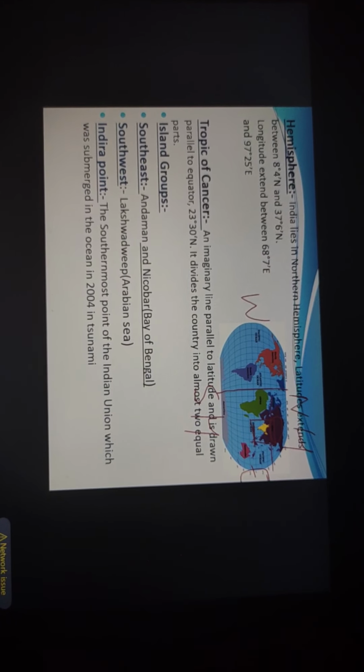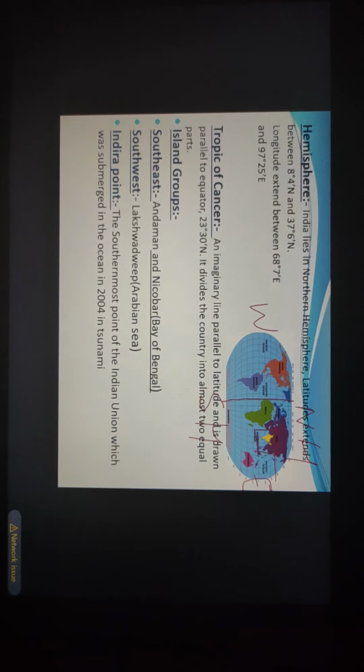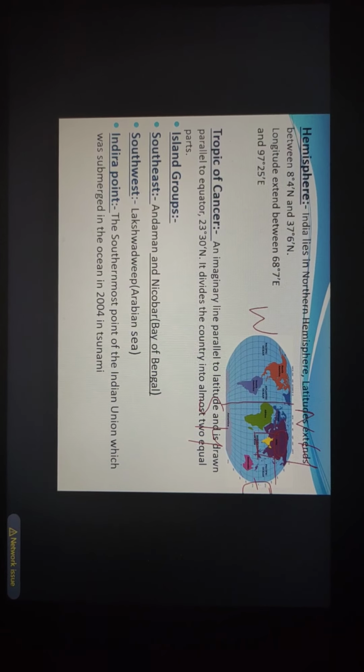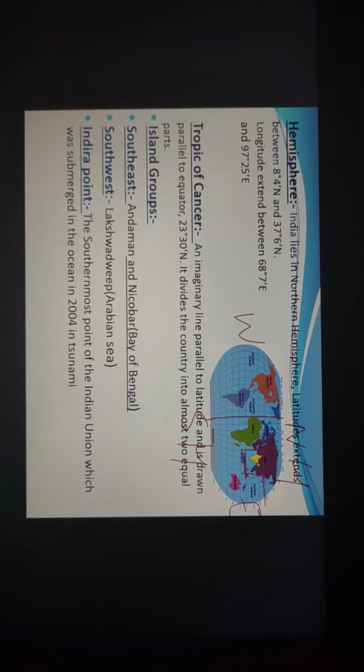Before explaining this Indira Point, I will clear the difference between the union and the mainland. Now students, you just see this mainland. What is the meaning of the mainland? The mainland is a continuous stretch of landmass from Jammu and Kashmir to Kanyakumari, and from Gujarat to Arunachal Pradesh. This is the complete landmass that we are calling the mainland. And when we add the water body along with the mainland, we call this the Indian Union. So now I think you are clear about the difference between the union and the mainland.